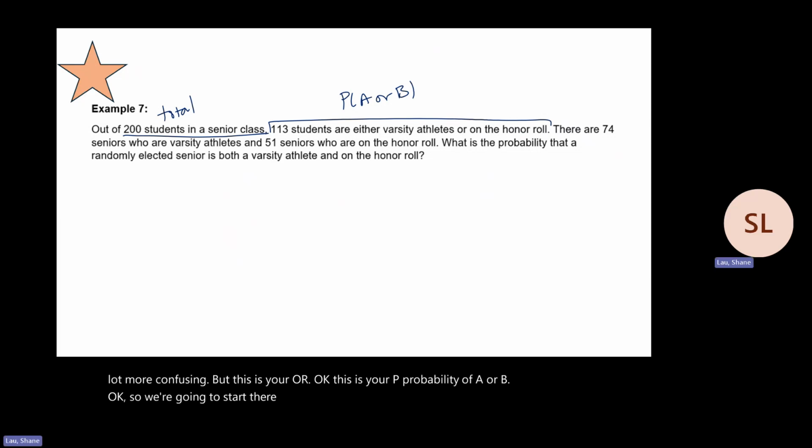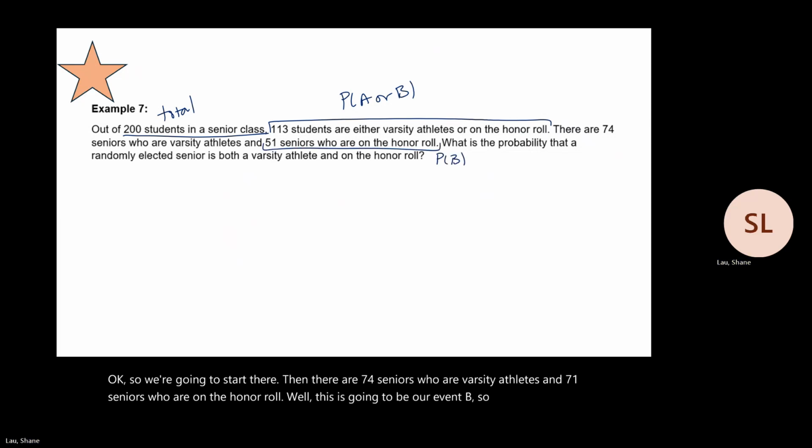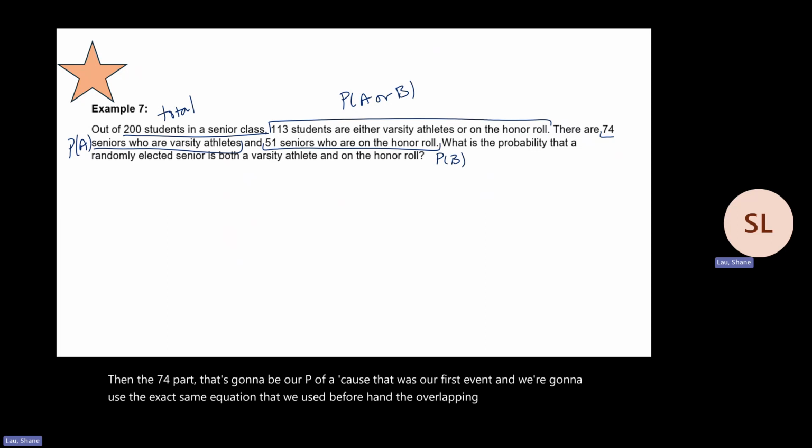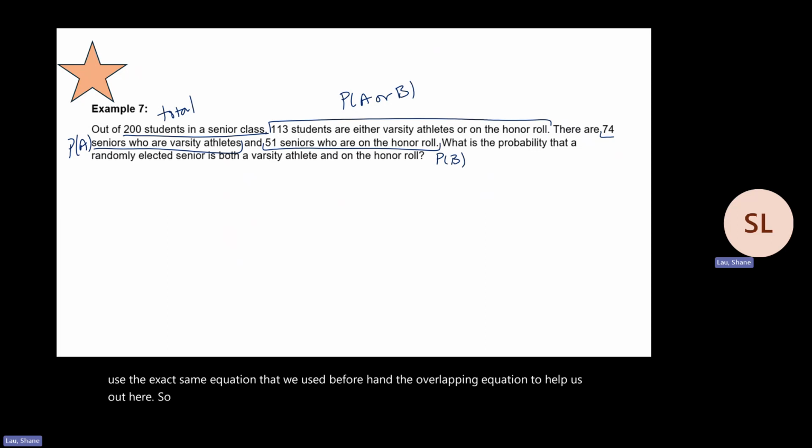Then there are 74 seniors who are varsity athletes and 71 seniors who are on the honor roll. Well, this is going to be our event B, so P of B. Then the 74 part is going to be our P of A because that was our first event. We're going to use the exact same overlapping equation that we used beforehand to help us out here. So we know that we have P of A or B